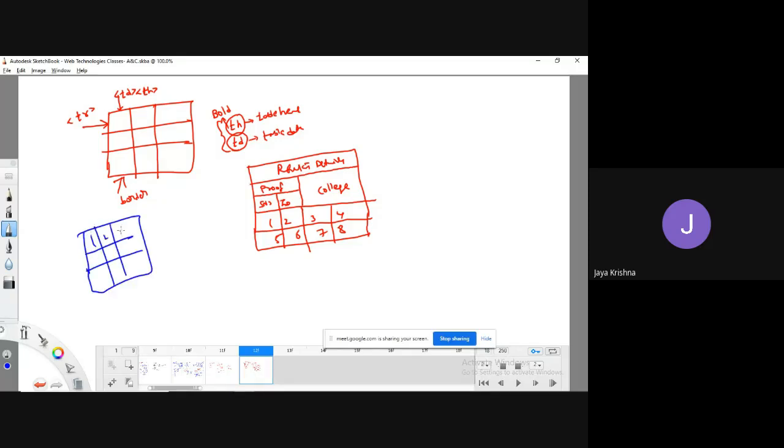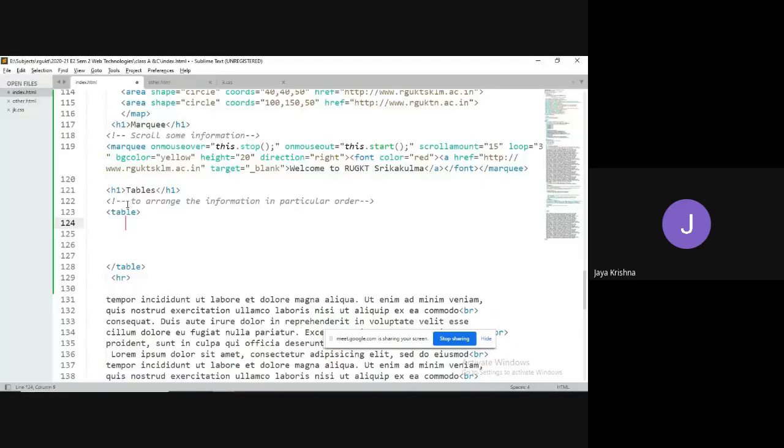I would like to display my output like this, 1, 2, 3, 4, 5, 6, 7, 8, 9. How are you going to display the data? First, you need to complete the first row, then the second row, then the third row. So to display the first row, I have to use the tr tag, then display the data with td tag, td tag, td tag. First, I would like to display 1, 2, 3.